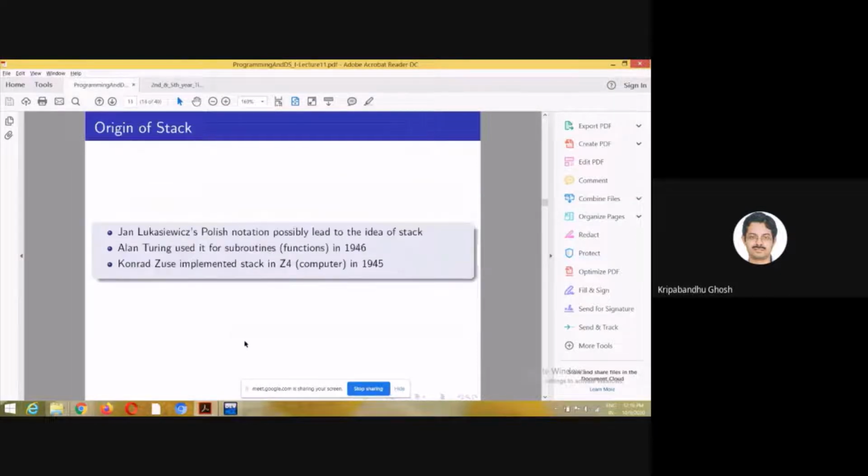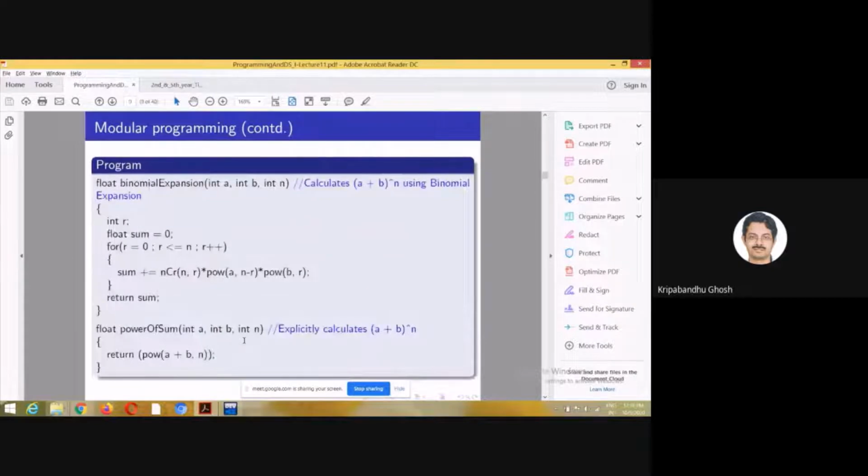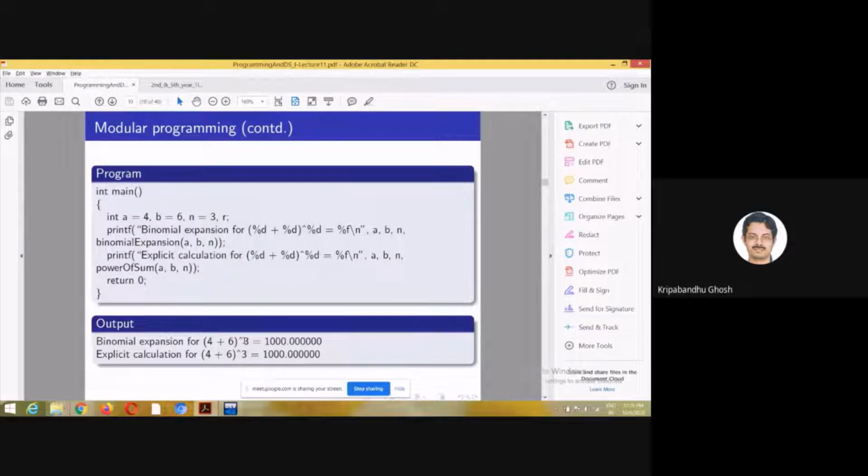So when we look at this particular program, there is a main, right? So in main, I'm calling a function. These are the local variables of this function, a, b, and n. So when I call this function, you see that the control goes out of main to this particular function.